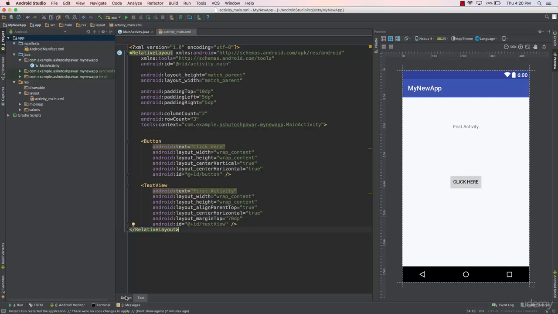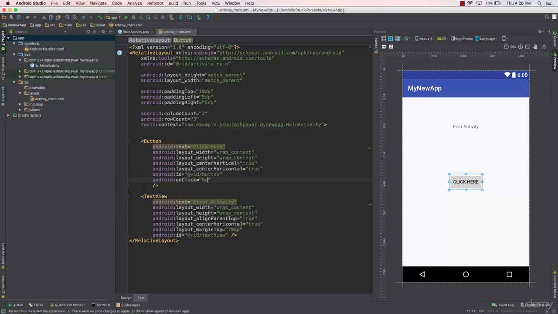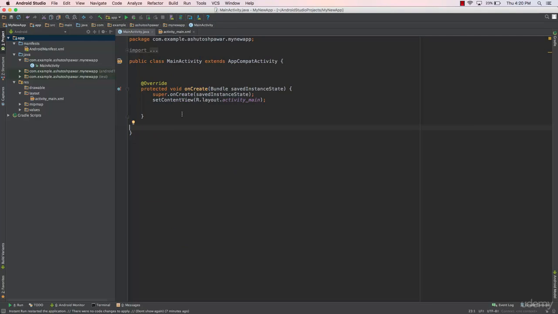Now the next thing which you need to do is that to the onClick of this button you need to add a method. So we type in onClick over here, and this is going to be, let's say, buttonClicked. So we have not yet defined the buttonClicked method, but we will do that in this activity right here. So we will type in public void buttonClicked, and in this we will pass in the view